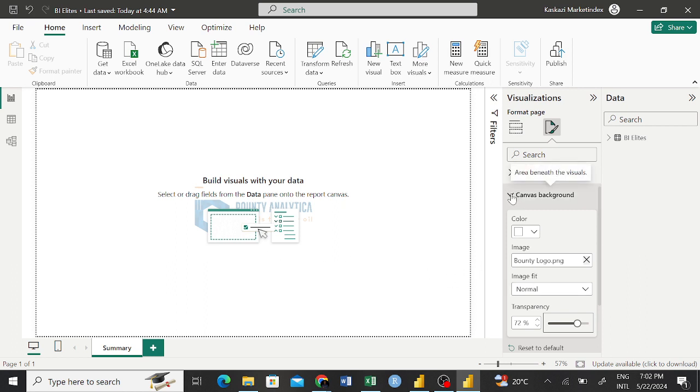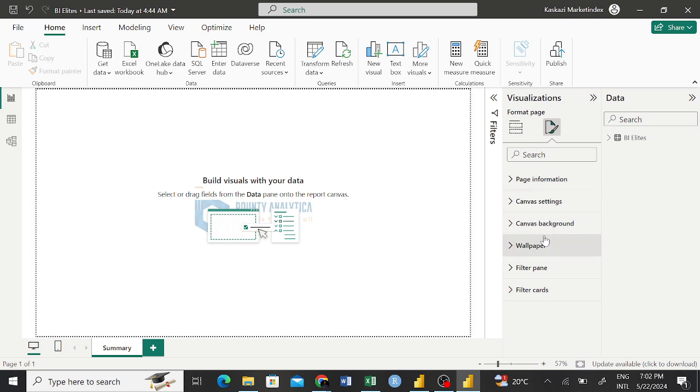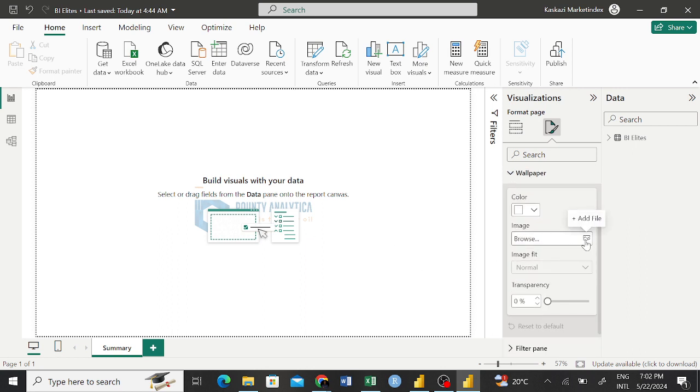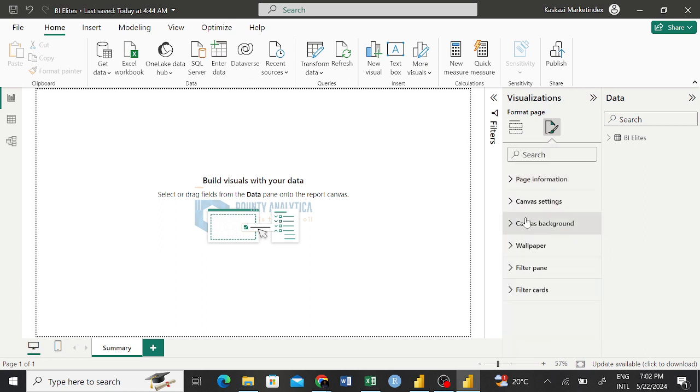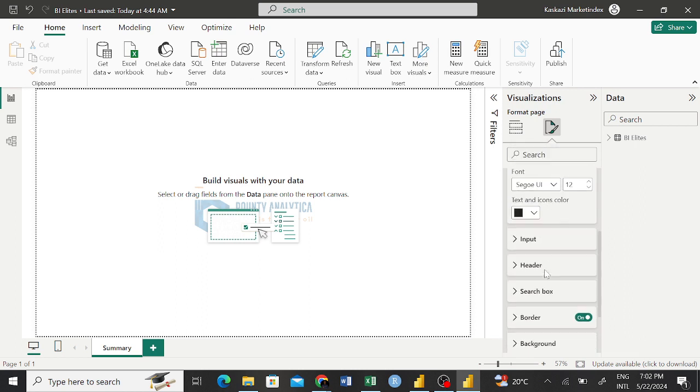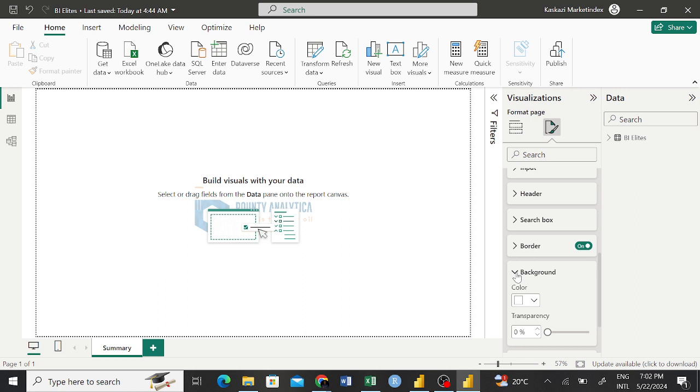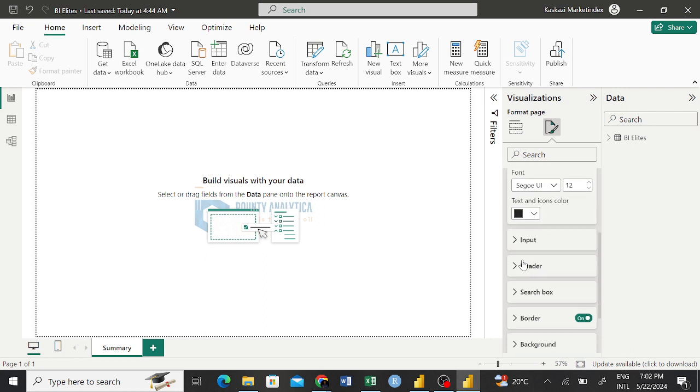So that is a background of how you can set up the background. The same thing you can do even with this wallpaper side. You also just go there and add a file and paste it. Filter pane, yeah, you have there the filter pane. Let me see the background for our filter pane. So this is setting up all these pages, even what you're seeing up here. The search box, if you want it there, you can. So header size, so the size of maybe